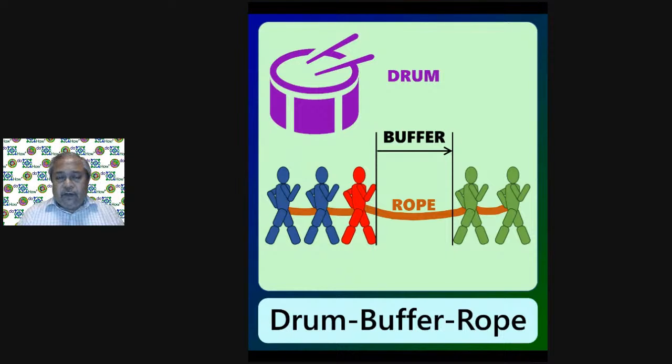And after that, to subordinate everything to the constraint, which means that all the decision making, everything has to be taken based on the constraint's availability, the constraint's suitability, whatever is appropriate and more friendly to the constraint has to be prioritized. So that's the act of subordinating to the constraint. And the 4th step is to elevate the constraint, which is mainly to ensure that the constraint can produce more or can deliver more, so that the constraint becomes not really the constraint in the system. And the 5th one is again to go back to step 1, which is to identify the constraint.